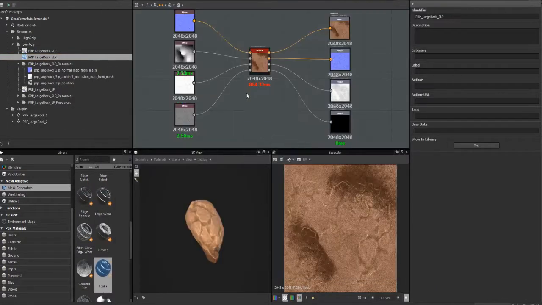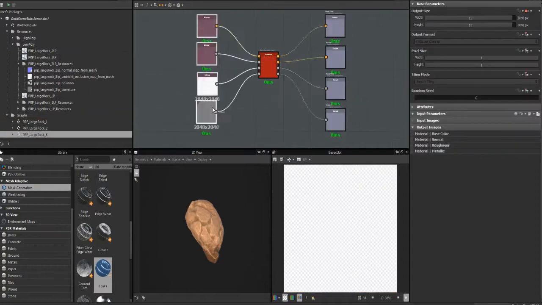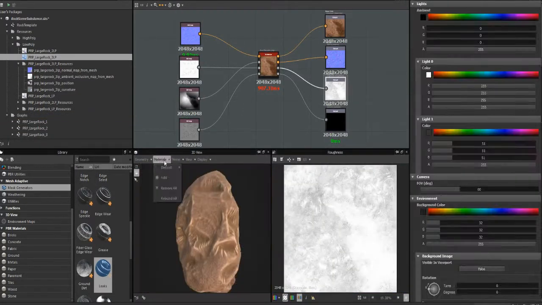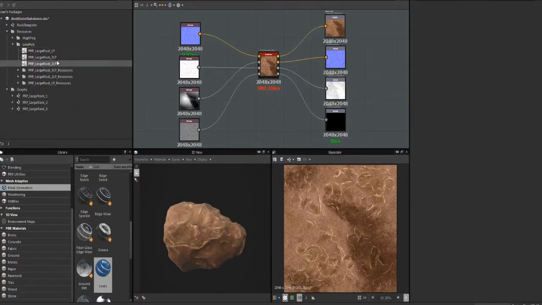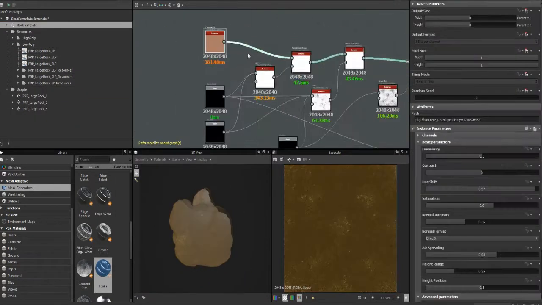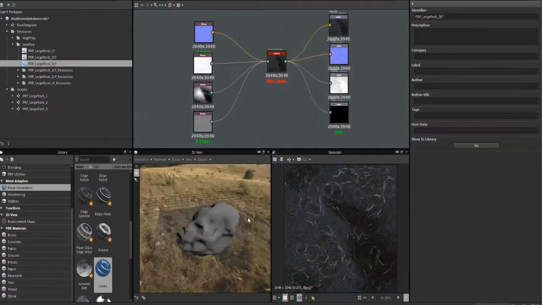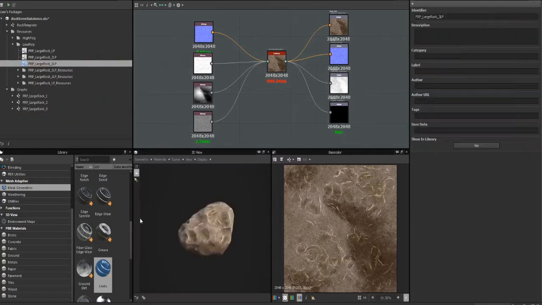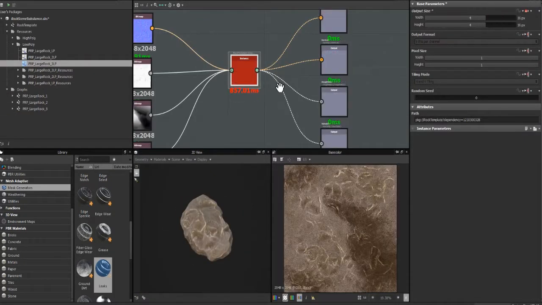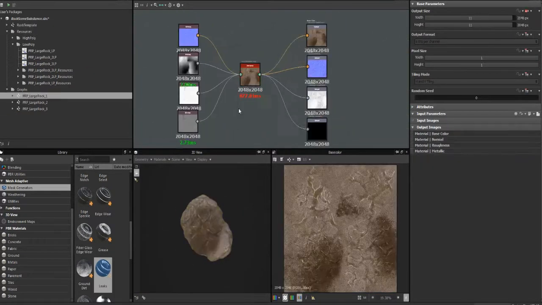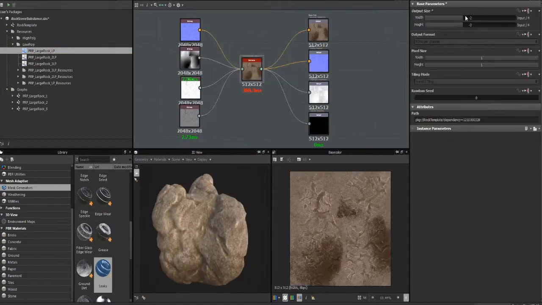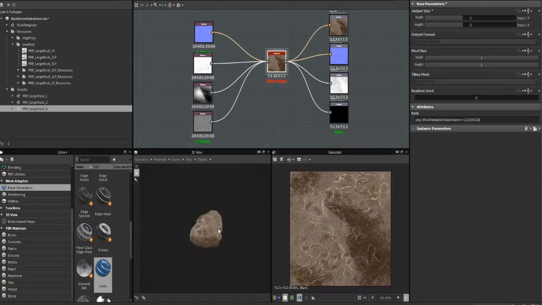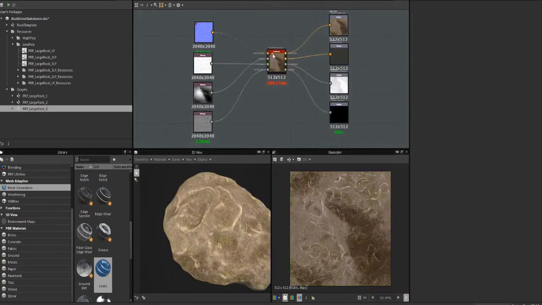So now I'd unwrapped quite a few of them and I wanted to try and bake these down, so I opted to use Substance Designer, and this made the process really quick. I created a template with some basic effects on there, so all I had to do was plug in all the baked maps and I'd get the outputs for each rock quite quickly, and then I could tweak the sort of edging effects or dirt effects where I wanted if need be, and the texturing process for this was incredibly